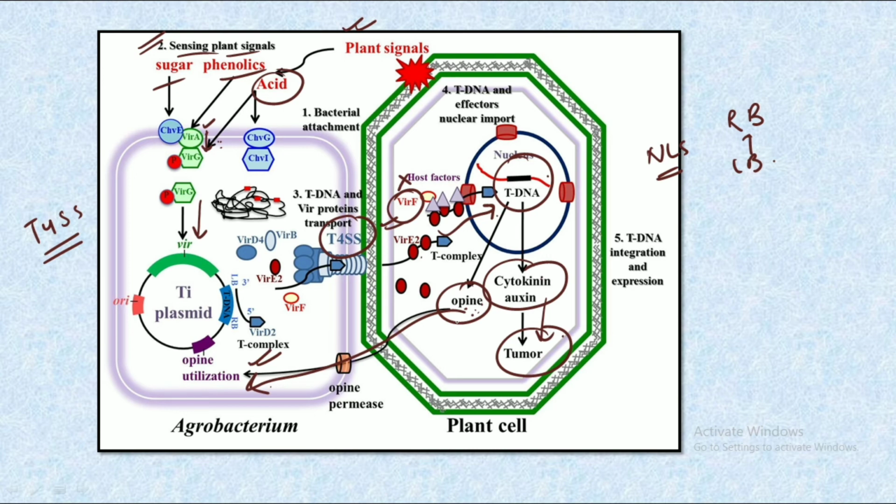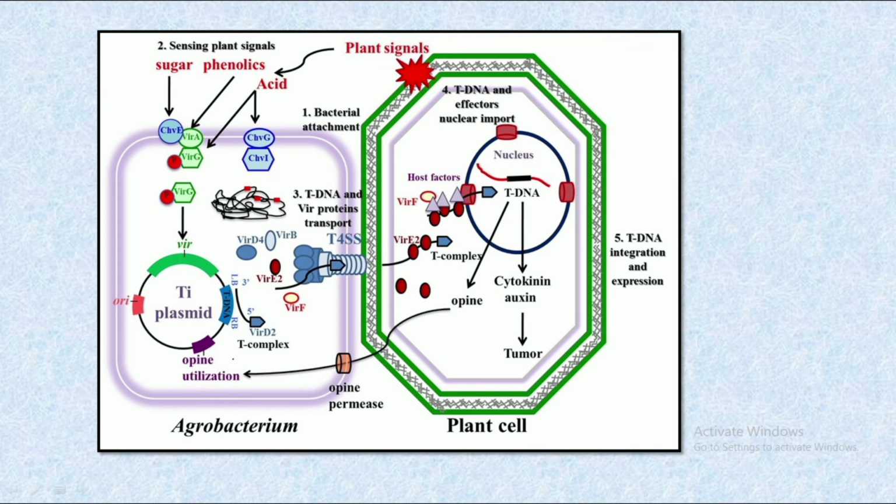The plant and the bacteria are both attached to each other via a root. Hence, the bacteria uses the opine by synthesizing it into the plant cell and then taking it up from the plant cell with the help of the opine permease channel protein that is present, and hence there occurs the opine utilization. So this is all about the complete process of the agrobacterium mediated gene transformation.